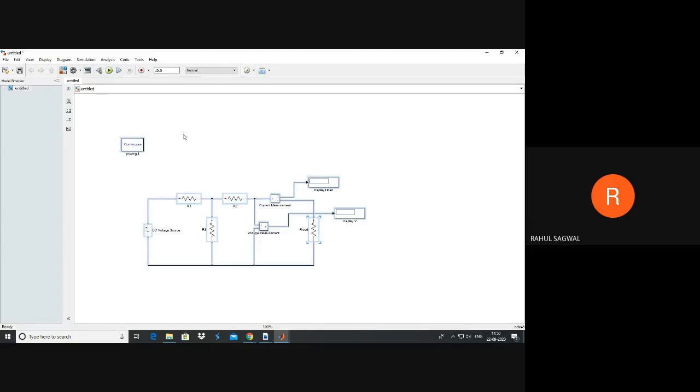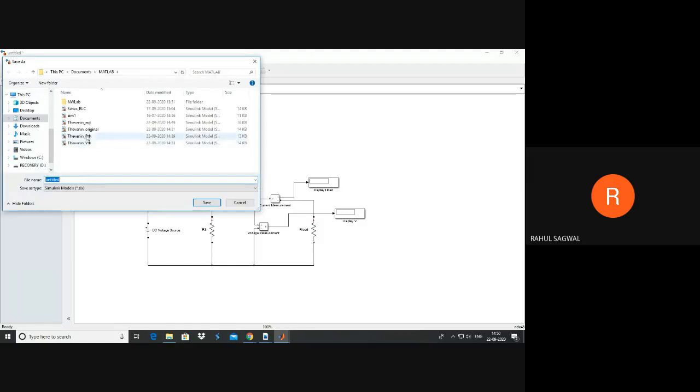We are copy pasting our Thevenin's original model here, just for reference, you can say. So from this original circuit, now this original circuit is for Norton's theorem. So you can rename this file.